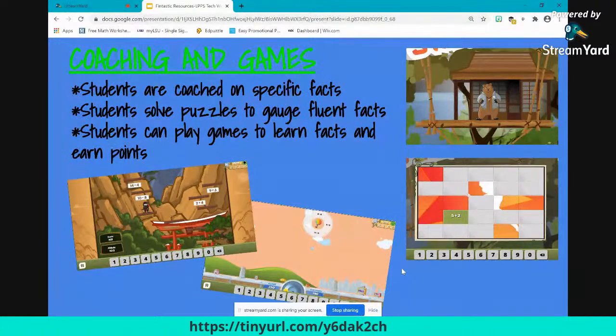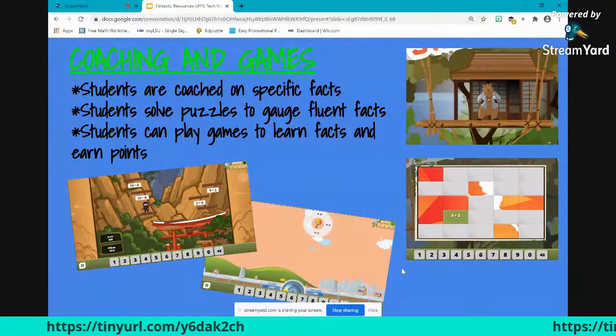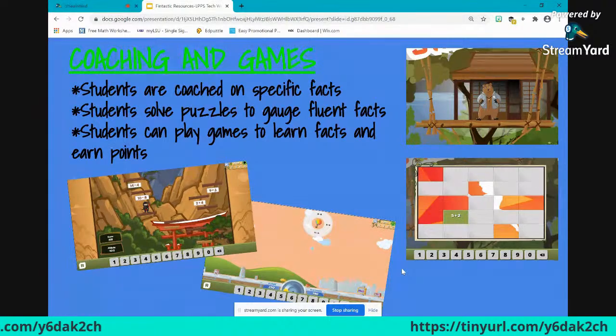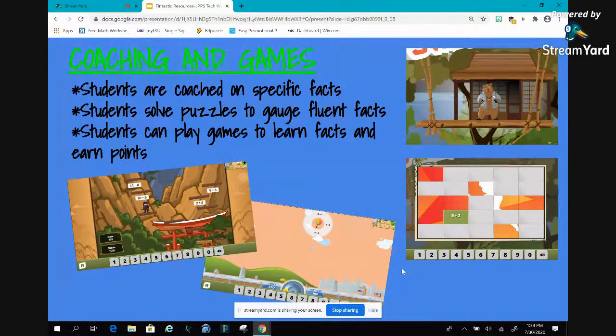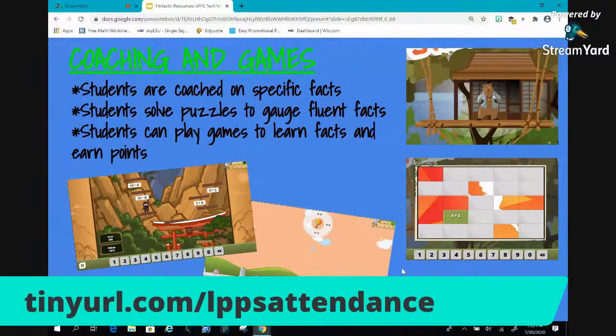And some of the students were showing me that they also have a tree, and the more they spend time on it, their tree grows, and then they get to buy things for their tree house, like lights and animals and certain things like that. So it's very creative. It has some different attributes attached to it that makes the kids engaged in it and interested in learning their facts. So I found that to be a really, really good resource,